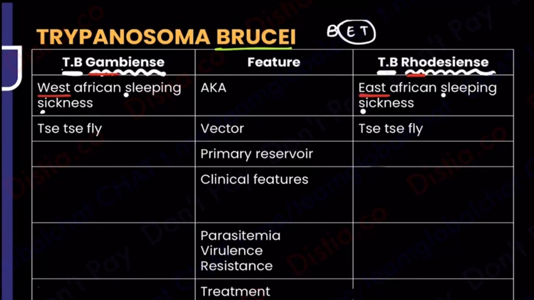Now coming to the primary reservoir. So one has humans and one has animals. How will I learn it? So humans is the reservoir for everyone. Whose is animals? So please note, the way you write, again I'm telling you a mnemonic, the way you write